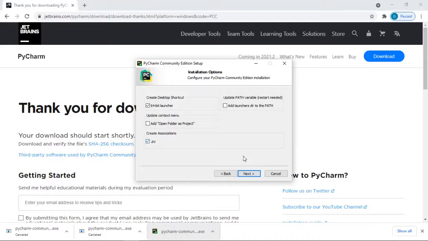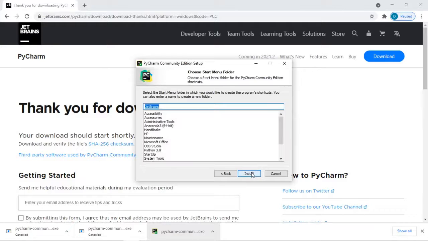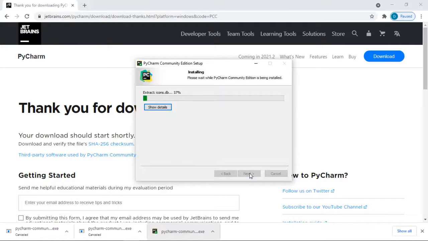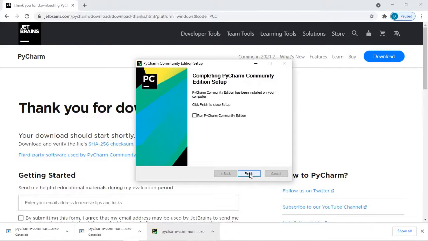Then check it. Then next, install. It is extracting the files. Now the PyCharm Community Edition setup is completed. It has been installed on our computer. Then click on finish here.